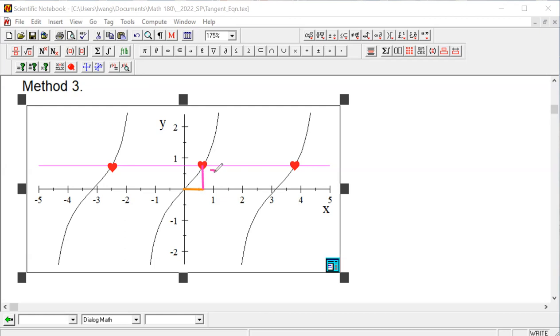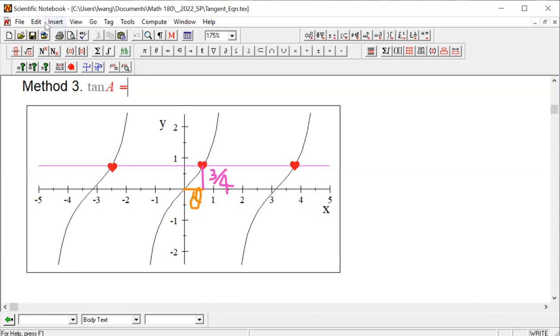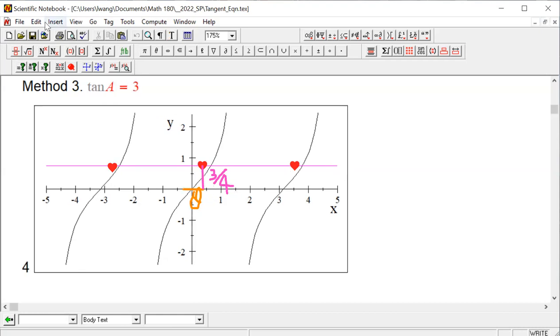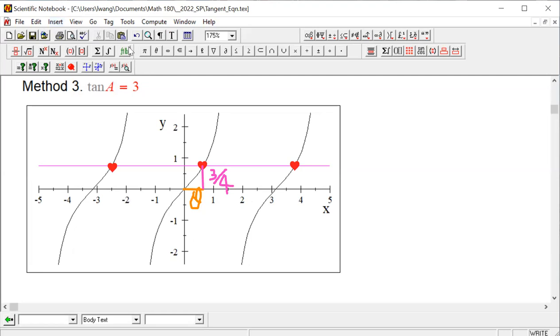So this is 3/4, and this piece is theta. See, right? So the solution for tangent A equals 3/4,